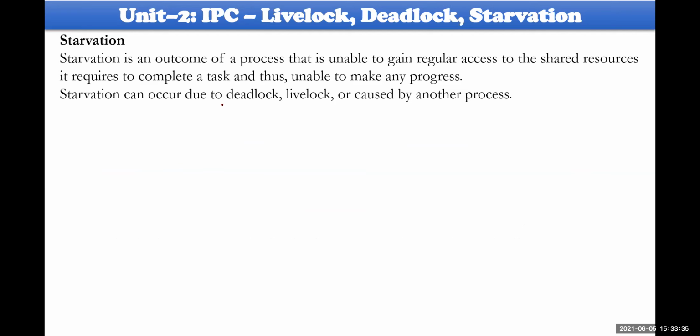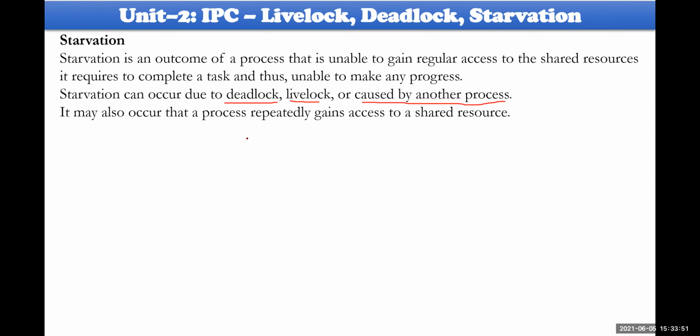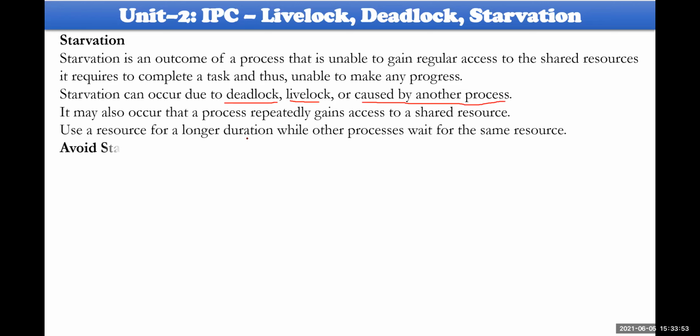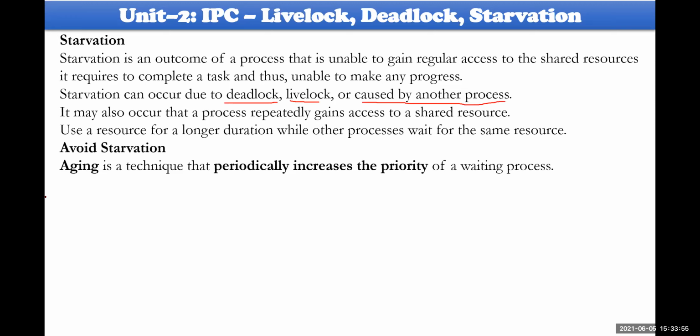Normally, starvation is caused because of deadlock, or because of livelock, or because of other processes also. These are the three situations where exactly starvation will occur. Then ఎలా రిజాల్వ్ చేస్తారు? Okay, ఎలా రిజాల్వ్ చేస్తారంటే, there is one particular technique. The technique is called as aging. Aging is a software function method which always senses each and every process, whether they are in the waiting